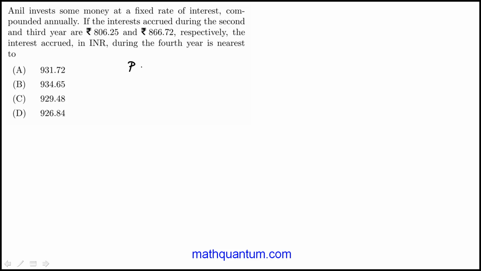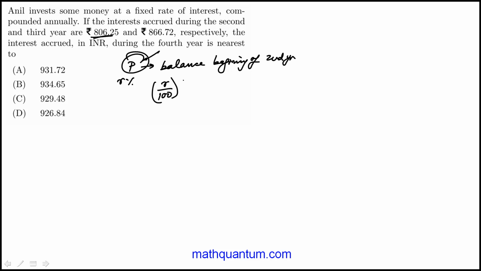So here I'm going to assign P to be the balance at the beginning of the second year. And if the compound annual interest rate is R%, then this is the amount that would earn in the second year, because remember, this is at the beginning of the second year, not initial. So the interest earned in that year is R% of P, that's our first condition. And we also know that the principal at the beginning